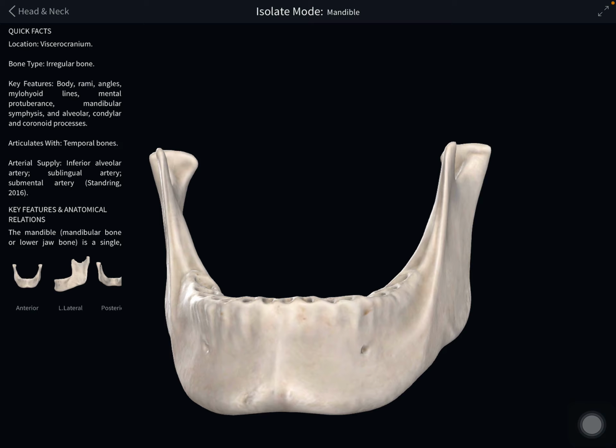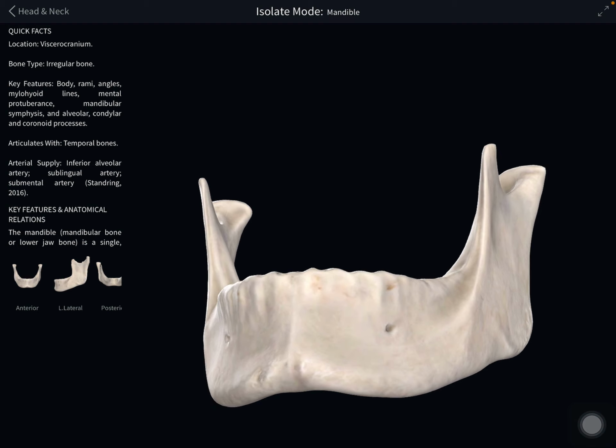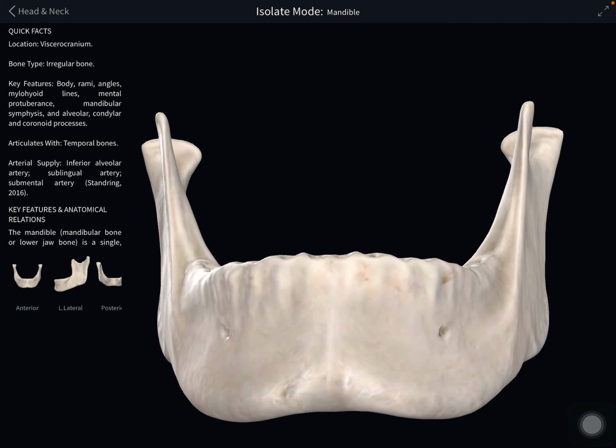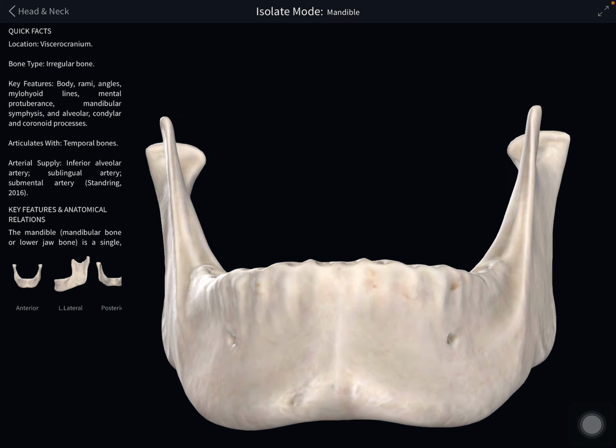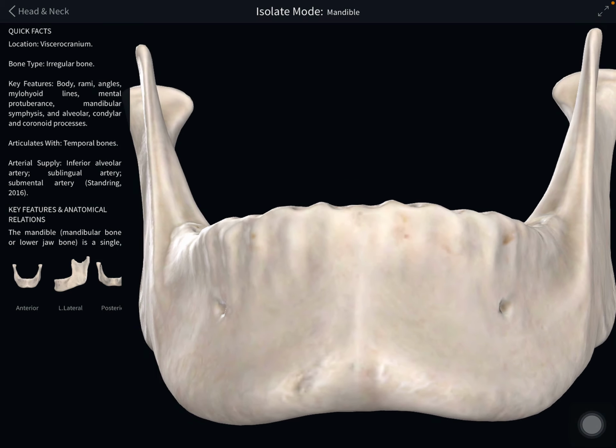So now we will continue with the body of the mandible. You can see the body of the mandible consists of right and left parts which meet anteriorly in the midline, and also meet with the two rami. This anterior fusion of the two parts of the body of the mandible is called the mandibular symphysis. This fusion is particularly seen on the external surface of the body rather than the inner surface, as a small vertical ridge in the midline.